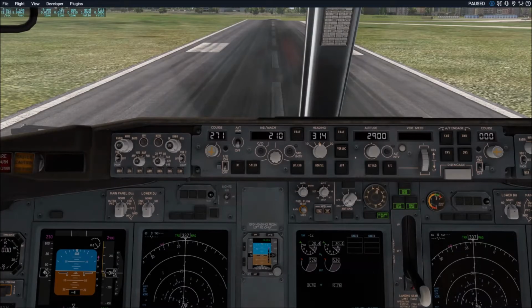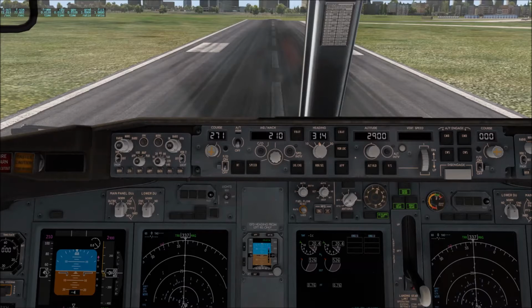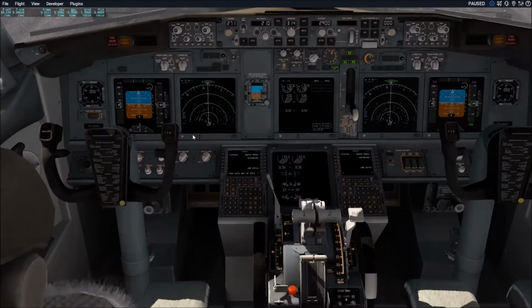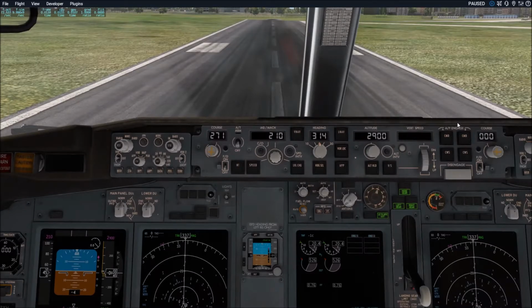Okay, we are now in the cockpit or the flight deck of the Boeing 737-800. I'll move the engines so we are audible. We'll have a quick tour of the cockpit. Everything we can't cover in detail. The video will get lengthy, but we will cover essentials to explain this flight.